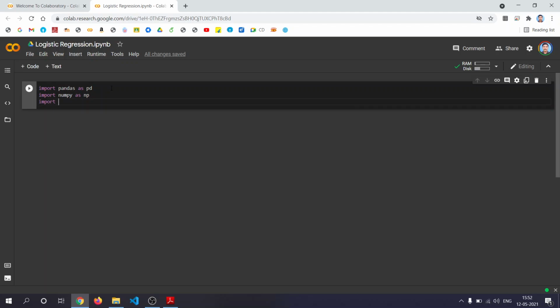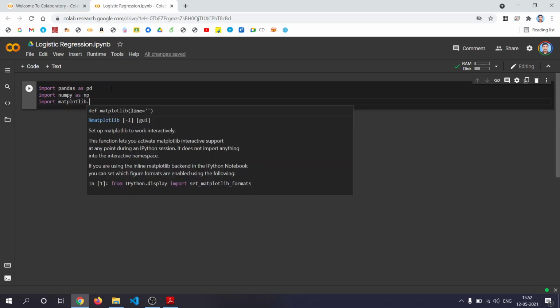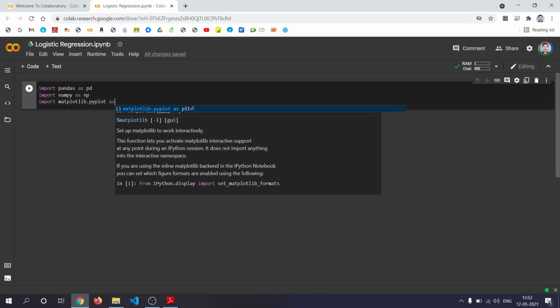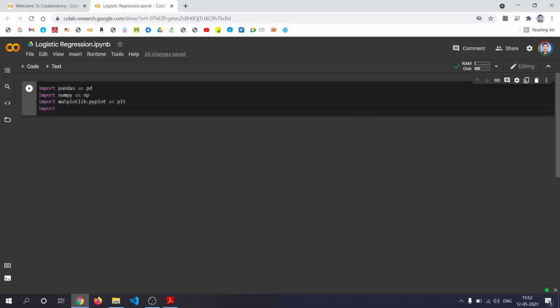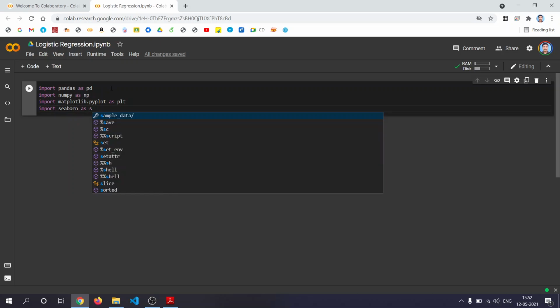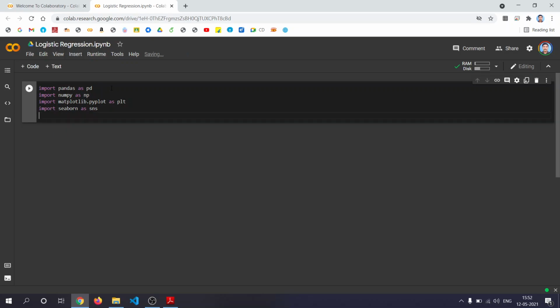Then for plotting, import matplotlib.pyplot as plt. Then for statistical plots and analysis, we'll use seaborn as sns. Then we'll give the command %matplotlib inline to say that your plot should appear just after the code.